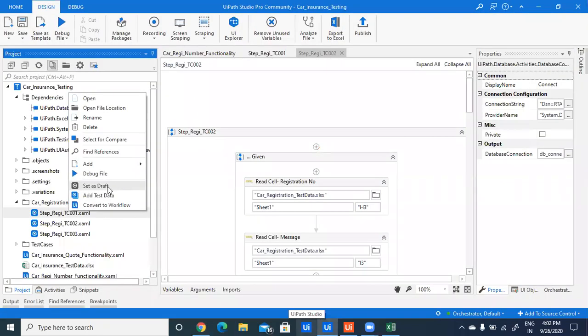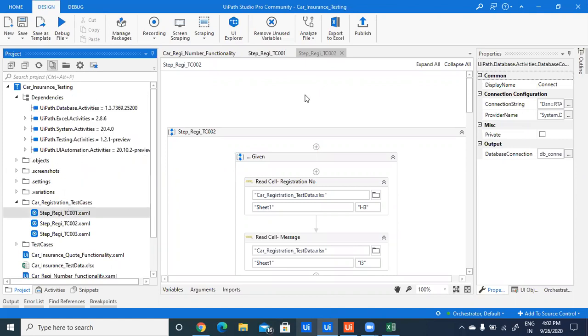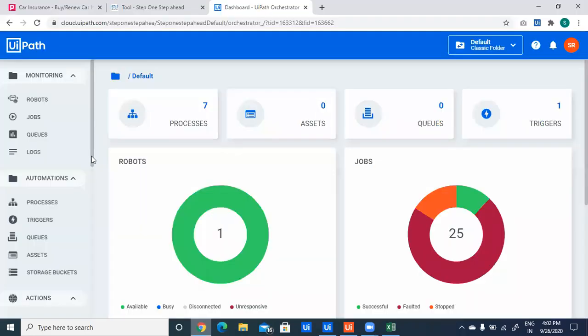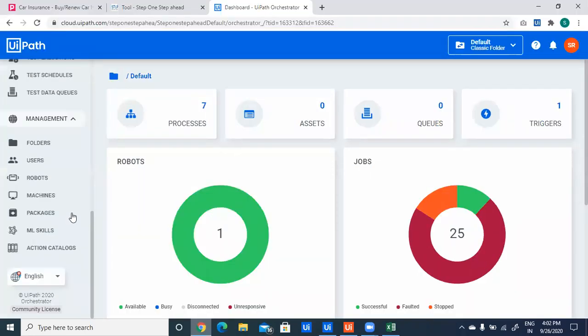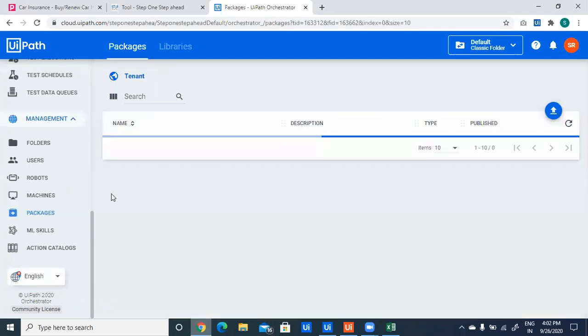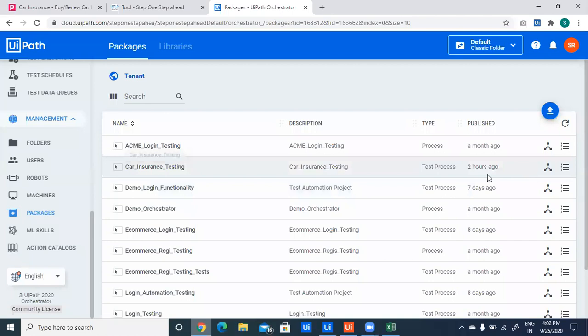If we don't set our test cases as publishable, the test cases won't appear on the Orchestrator. After setting our test cases as publishable, we need to publish our whole project. After publishing our whole project, we will see our project under packages. This is my project name. If it is successfully there under packages, then we need to create a process.